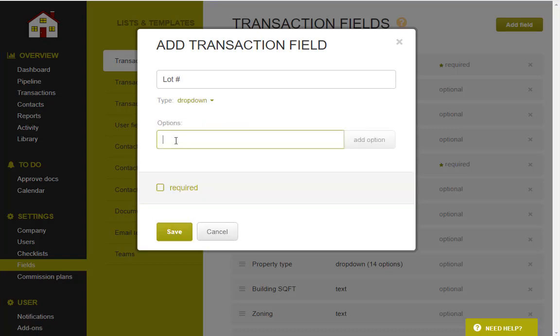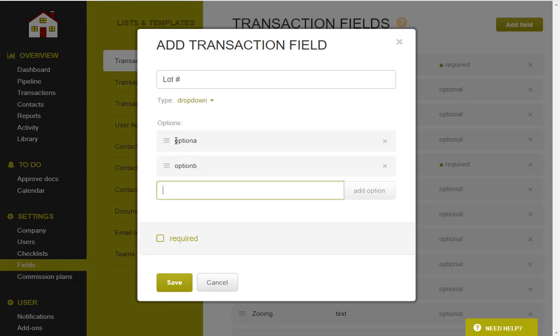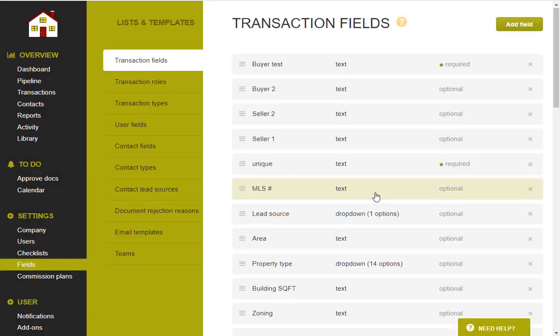If you choose drop down, give the agents their different options to choose from, and then you can say whether it's required or not. It can either be required always or when a transaction status becomes a certain thing. So if certain information is only known when a deal is in a pending status, great. Choose required when it becomes pending, hit save, and now that field is automatically added to the bottom of the